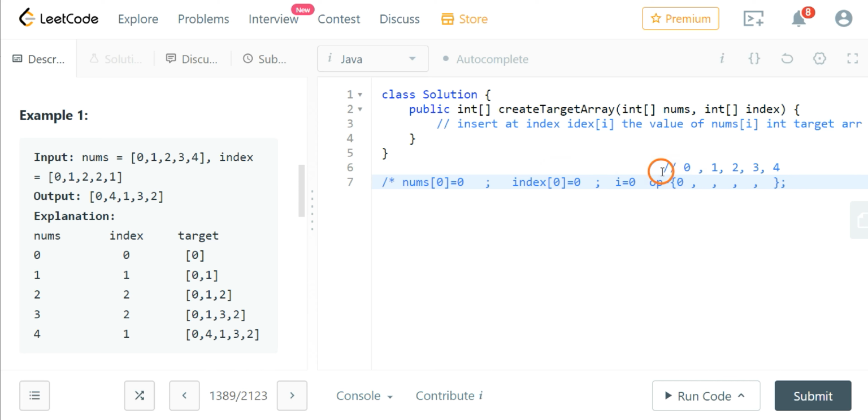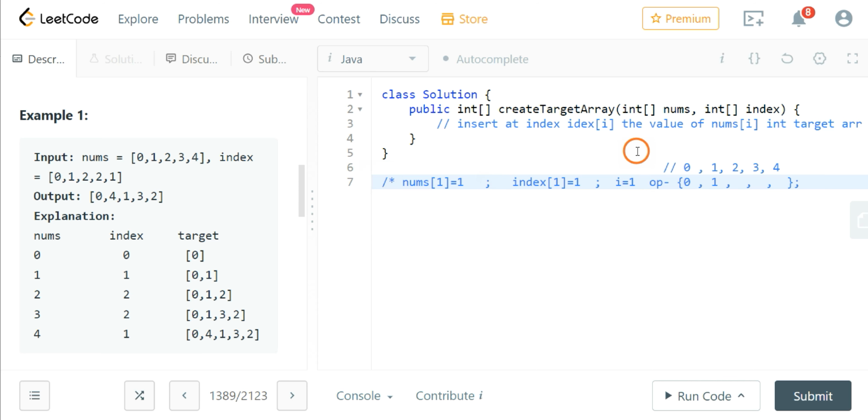Now our I will become 1. Index at 1, the output of index at 1 is 1. This 1 will go here now. Nums at 1, the output of nums at 1 is also 1. It will be added in the first index of my output array.